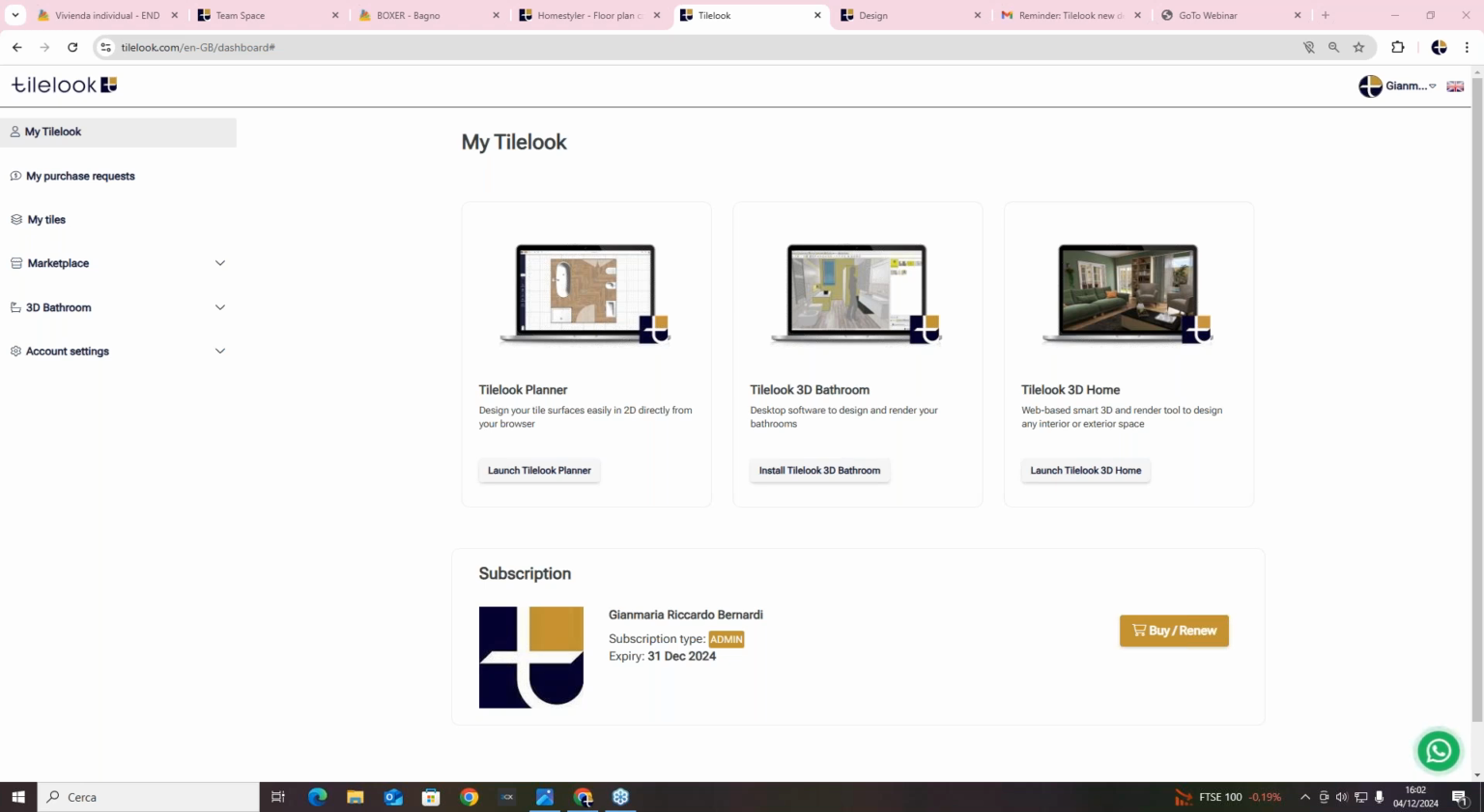So it's kind of getting an old software, and we had decided recently to move on to introduce new, really powerful software products, which can be seen here, which is the Tilelook Planner Pro and the Tilelook 3D Home. So I want to talk about the 3D bathroom because it's still available, but we're going to